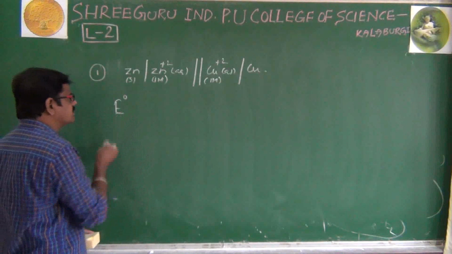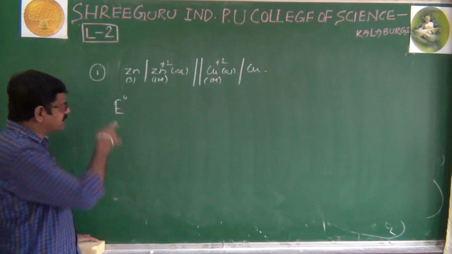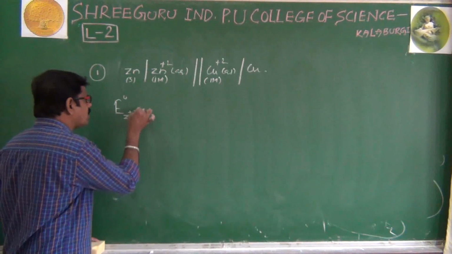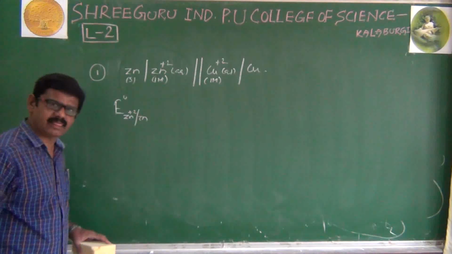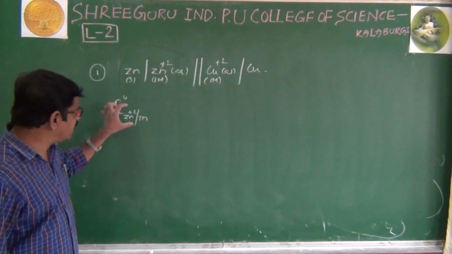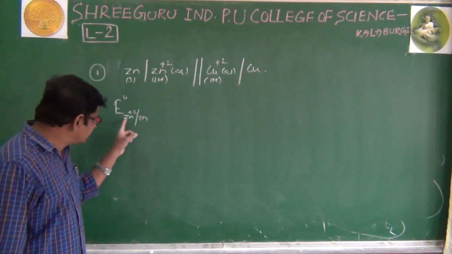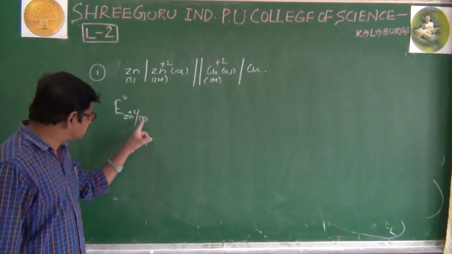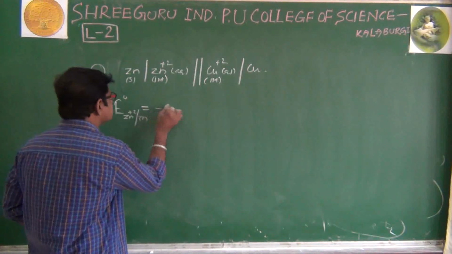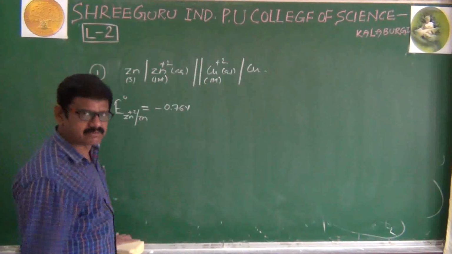Very important point. See here zinc is undergoing oxidation. There is no doubt in that. But if you observe, the symbol is like this: E naught Zn plus 2 oblique Zn. It means I have given here the standard reduction potential value of zinc. See here Zn plus 2 is converted to Zn, nothing but a reduction process, reduction potential symbol it is, and its value is minus 0.76. How this value is obtained, that we will discuss shortly.